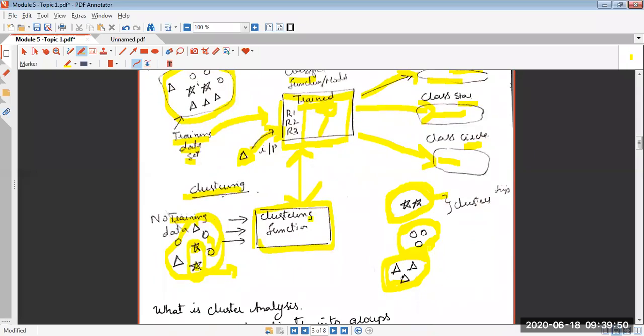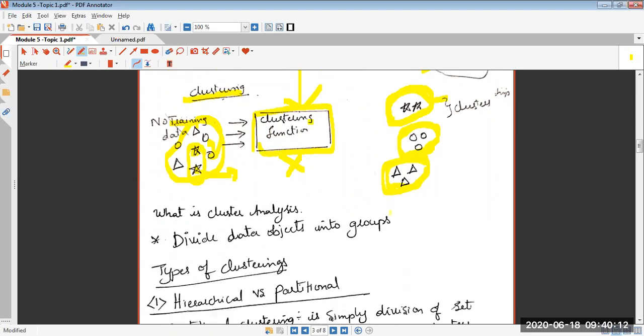So to summarize, in clustering, no training will be given to the algorithm. No training, no model exists here, and the clustering algorithm will decide on the clusters and what data objects should be inside each cluster based on the similarity of the data objects. It will decide. So that was a summary.